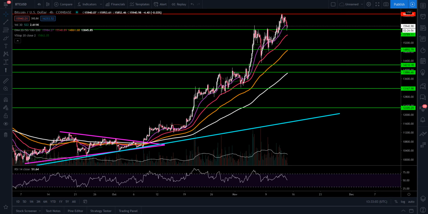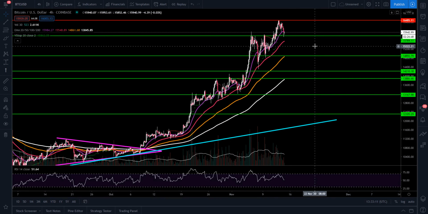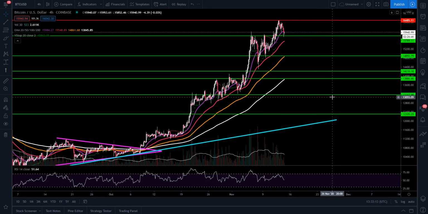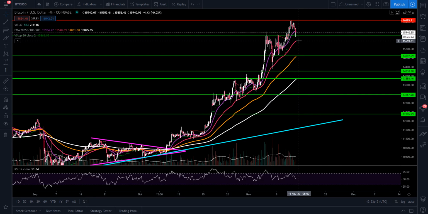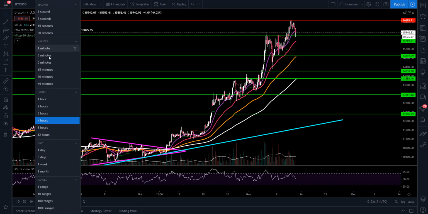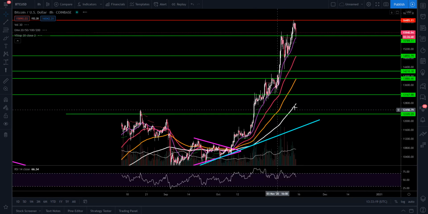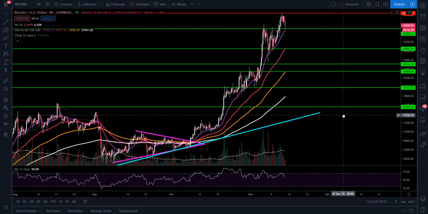The RSI on the 4 hour time frame is at 51, so we do have plenty of room, guys. If this is all the more Bitcoin wants to cool down and it's ready to go back up and attempt to get over 16,485, it can do it. But as we're going through these time frames here, I'm looking, we may have a little bit deeper retracement to come. So if we go into the 8 hour now,